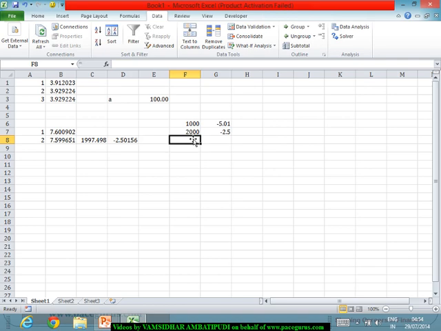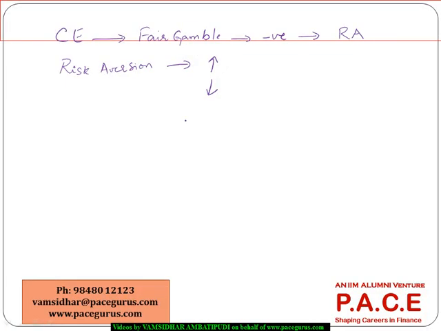So my point is, if the certainty equivalent decreases as the wealth is increasing,